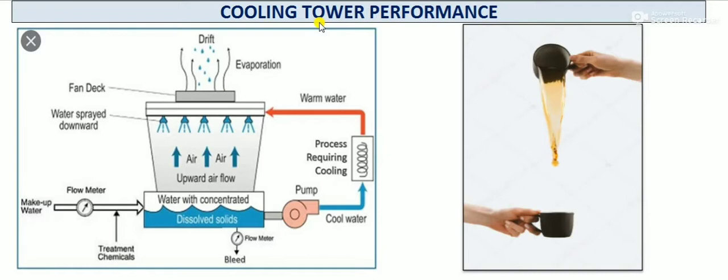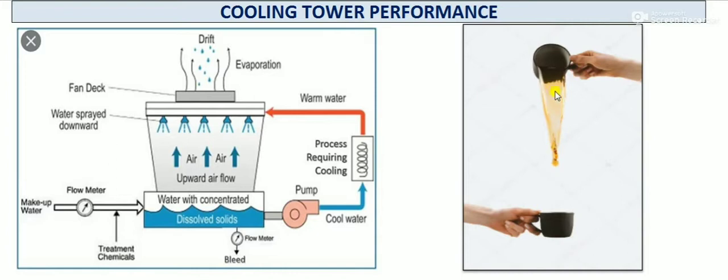Because we're handling water in the cooling tower, periodically we need to check the performance to control the water loss and power loss, and to see how to improve the efficiency of the cooling tower. That means how we achieve the lowest cooling water temperature. By this we can achieve good process parameters.